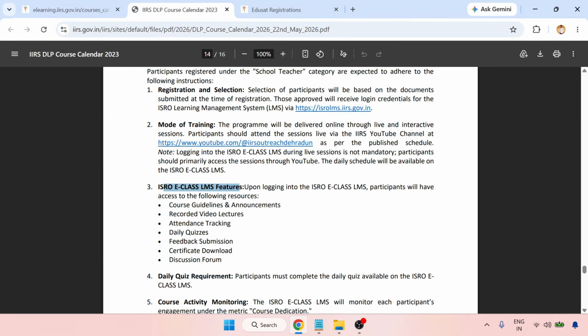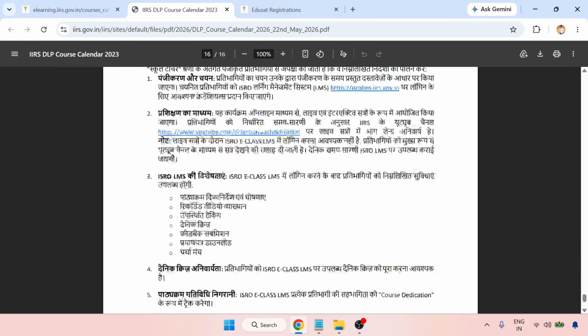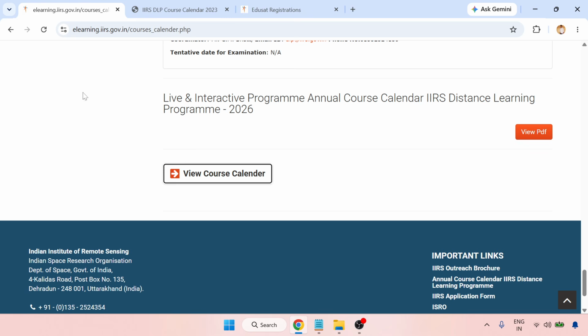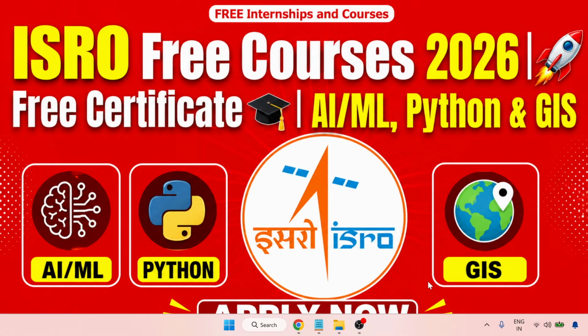ISRO E-class LMS features: course guideline, recorded video lecture, attendance tracking, daily quiz, feedback submission, certificate download, and discussion forum. So all the details you can find here. In Hindi also you can get the same details. So this is the registration, and this is the course calendar. So we have gone through the step-by-step process. It will provide a free certificate, ISRO IIRS online courses, AI, ML, Python and GIS training, remote sensing, geospatial data learning, and this is beneficial for students, professionals,